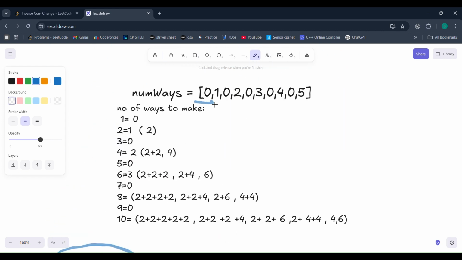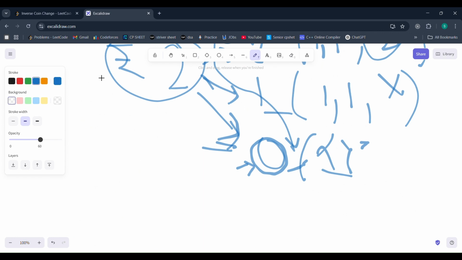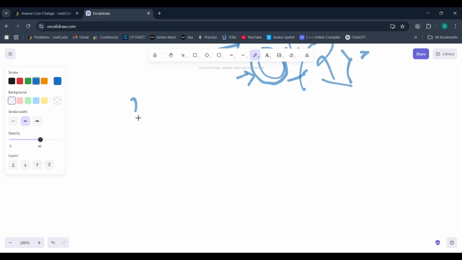traverse on this and count, but how will I find the number of ways? Now there comes the DP coin change problem, right? Let's say you had a coin of denomination 1 and 2, right? 1 and 2 will make it easier, that's why I'm taking it, not 1 and 2, let's take 2 and